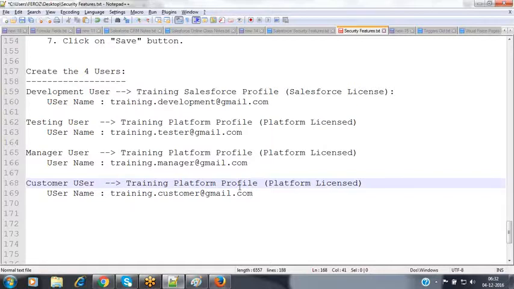Today is the last working day for this person. From tomorrow onwards, he is going to join a different company, so from tomorrow onwards this person cannot access our Salesforce application. This person has been working on our project for almost 6 months or 1 year. As of now, he has access to our Salesforce instance. He is implementing the functionalities. From now onwards, he will not be part of our team or our organization, so I would like to prevent the login access for this user from my Salesforce instance.